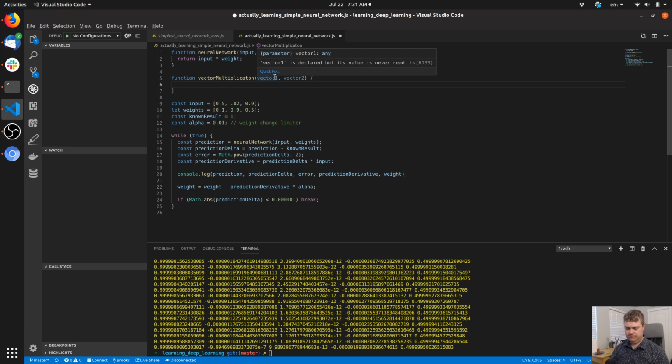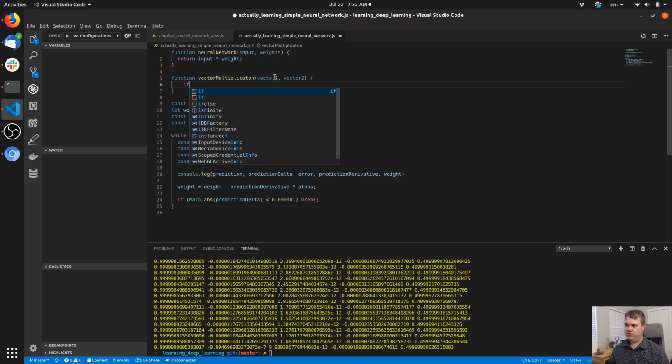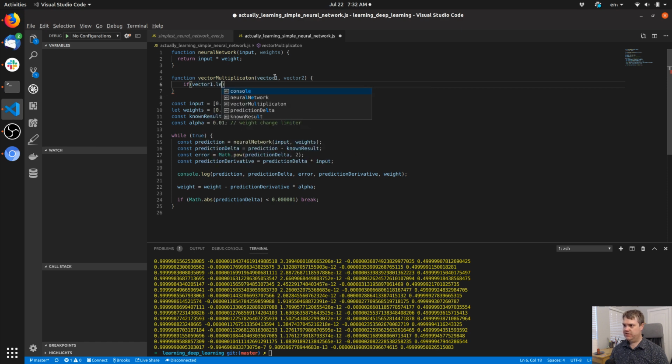I need them to be exactly the same length. So I'm going to throw. So if vector1.length is not exactly equal to vector2.length,